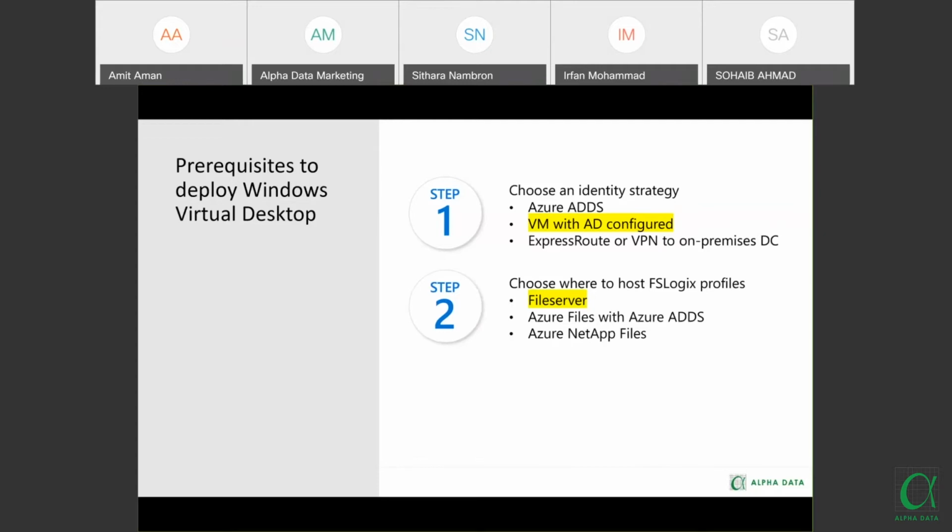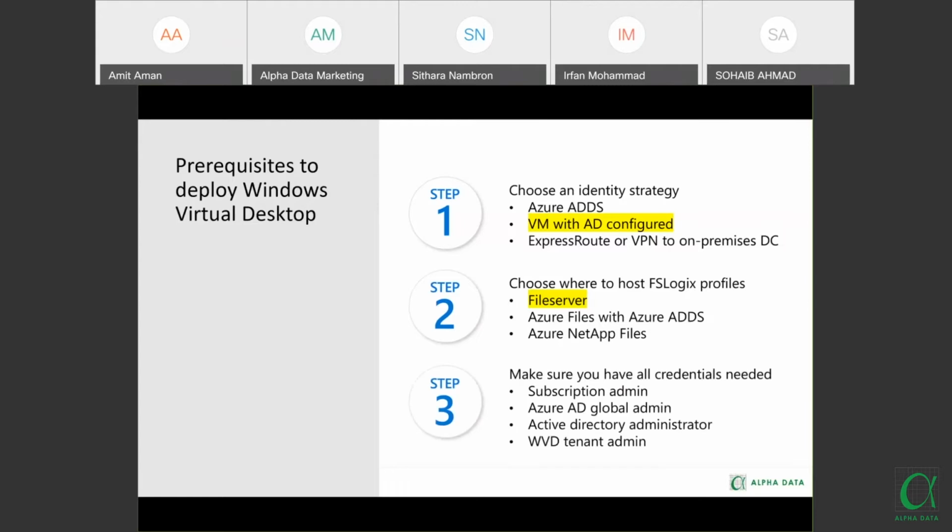We'll be seeing it in a bit. Again there are multiple options: you can create an Azure file server, you can create Azure Files with Azure Active Directory Domain Services, or you can create Azure NetApp Files. For this demo, we are hosting FSLogix profiles on the file server.